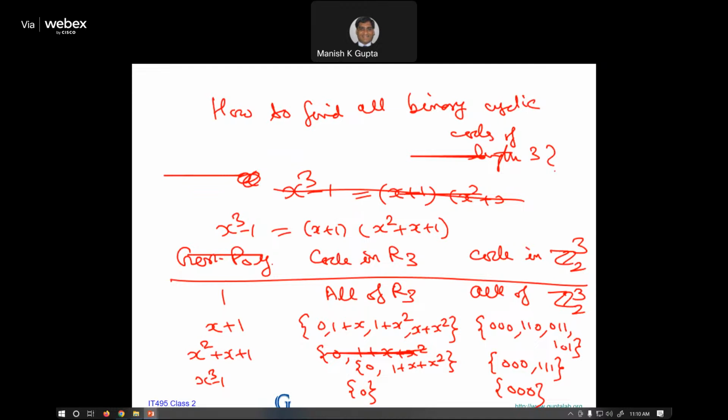If you take the generator polynomial as x plus 1, this is an example of the generator ideal. The cyclic code and the corresponding binary vectors you can map; polynomials you can map to binary vectors and back to polynomials. If you take the second polynomial, x square plus x plus 1, you get only this ideal having only 2 elements, 0 and 1 plus x square,